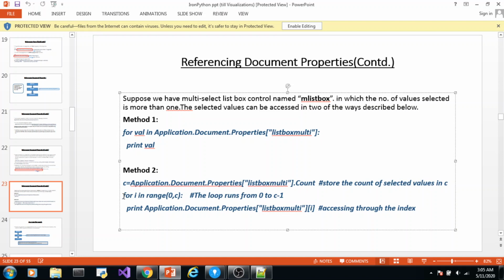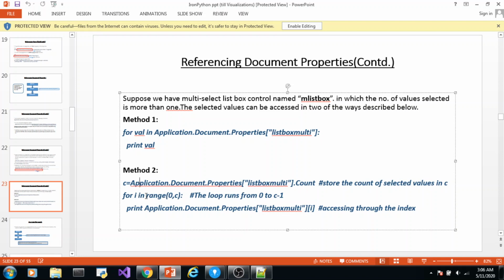Now there is another way to access all the elements of a list containing the selected values. Here we looped through the values directly. We can access each value through its corresponding index also. This is what I explained earlier as an example at the start of the session. For example, you want to get the values from that list of selected values through their corresponding index. So that means you will have to loop from 0 to the length of the list -1.